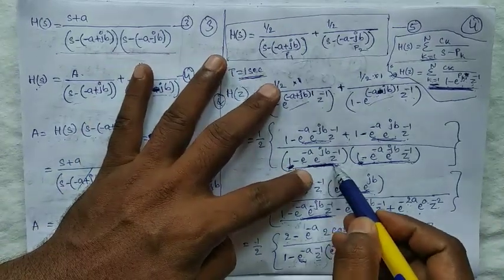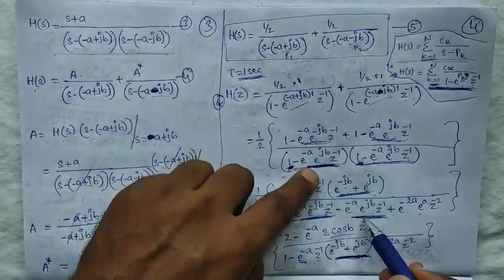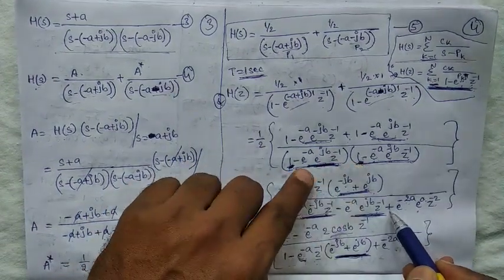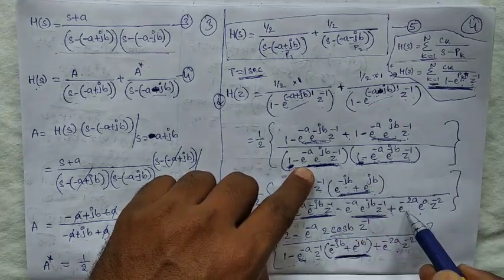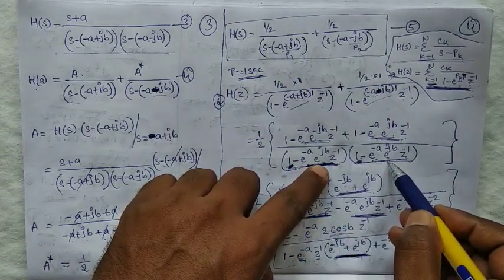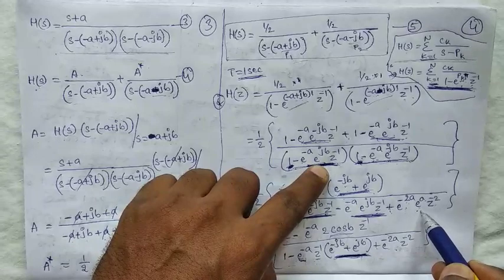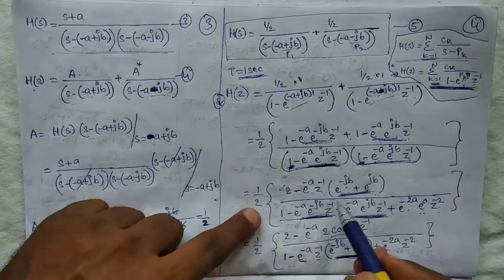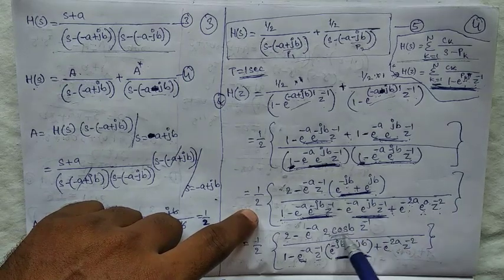Okay, then we are multiplying this one with these two terms. First of all we are multiplying this one with 1, that is e power minus a e power jb z power minus 1, minus into minus plus. Here e power minus a into e power minus a, the bases are the same, so we add the powers, meaning e power minus 2a into e power jb into e power minus jb. Here we are adding the powers, e power jb minus jb, e power 0. Similarly z power minus 1 into z power minus 1 is z power minus 2. Here this value is equal to 2 cos b. Here I am writing 2 cos b.